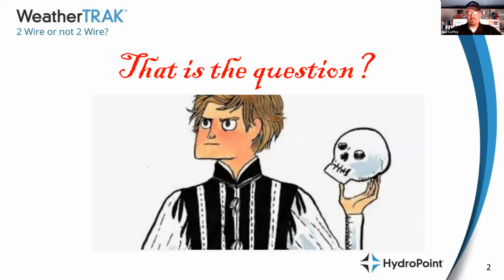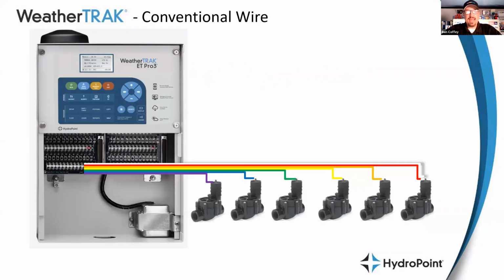So as we get started, the theater nerd in me could not resist. Two-wire or not two-wire, that is the question, right? The discussion of why do we choose two-wire and where does it match in application? And to begin that discussion, I really like to identify the key differences between a conventional wire and a two-wire controller. And to do that, I use this little demonstration, this little visual that shows in a conventional wire controller,